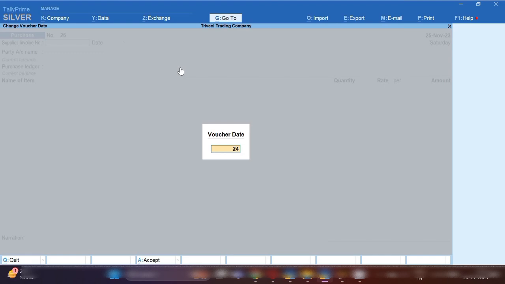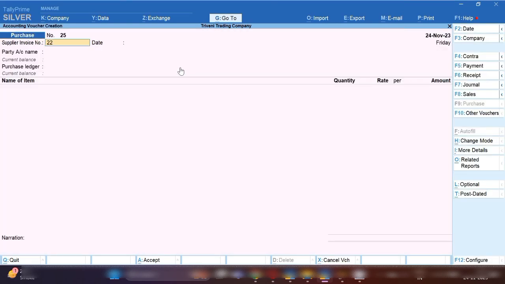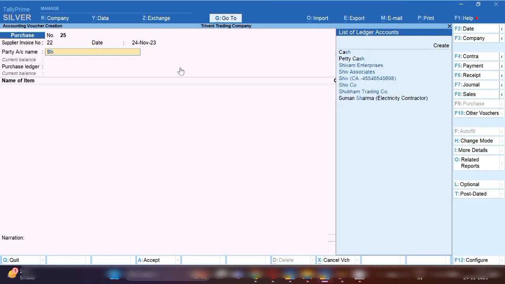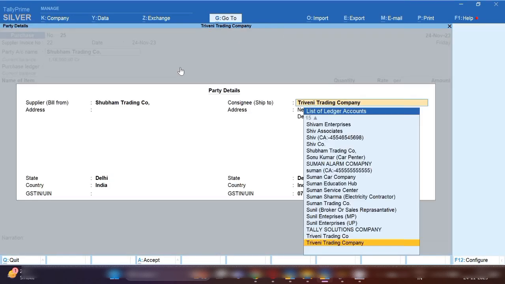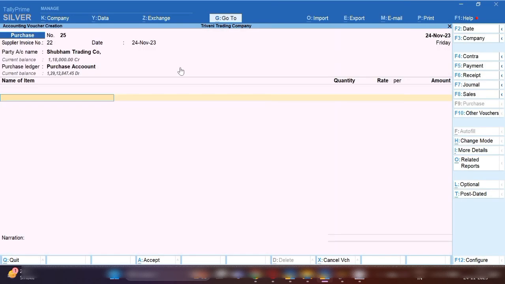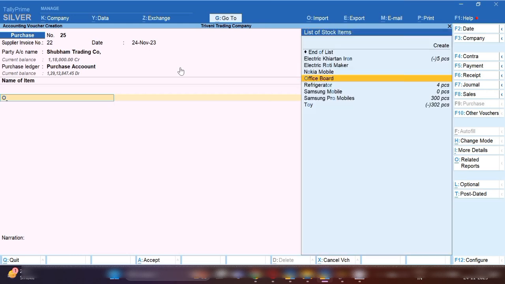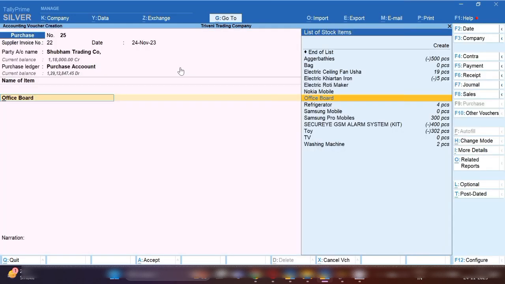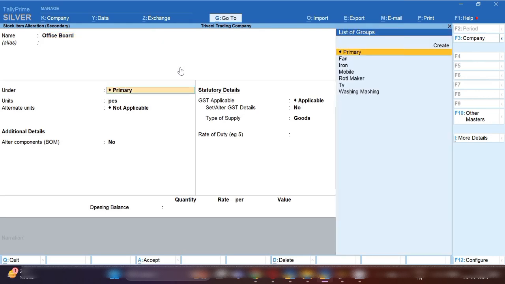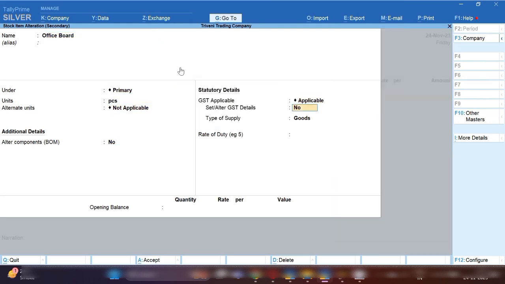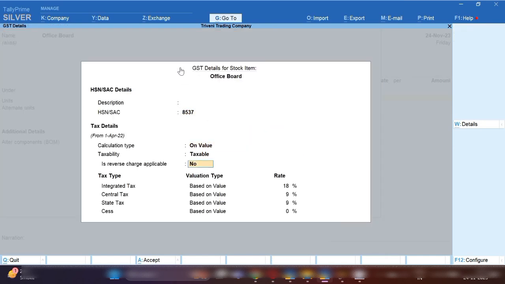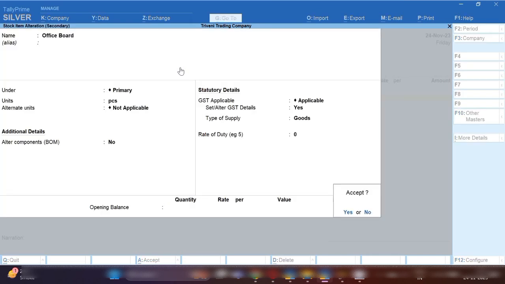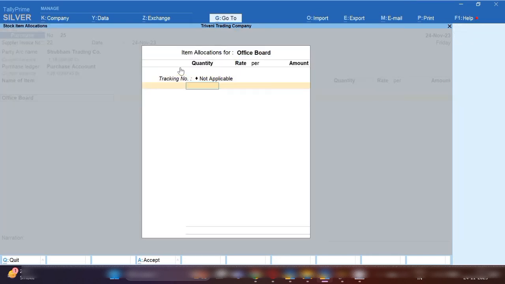By pressing F2 you can change the date on which you purchased, then enter the supplier's invoice number, and in party account name select the party from which you are going to purchase. Name of item. So from here you need to create office board. By pressing Ctrl C you can create office board. Under process, GST will be applicable and set alter GST yes. Fill the HSN code of the product and 18% tax rate will be applied. And in quantity, fill quantity, fill rate,